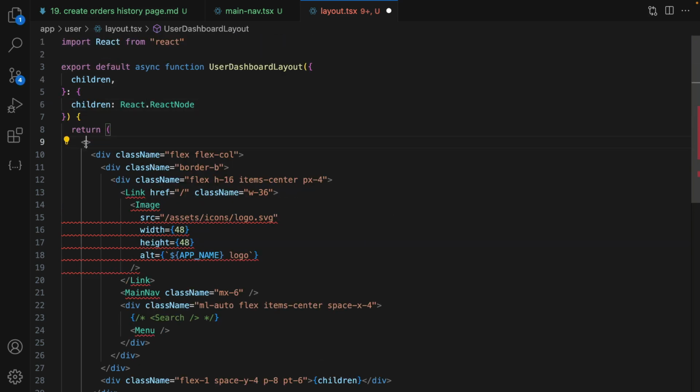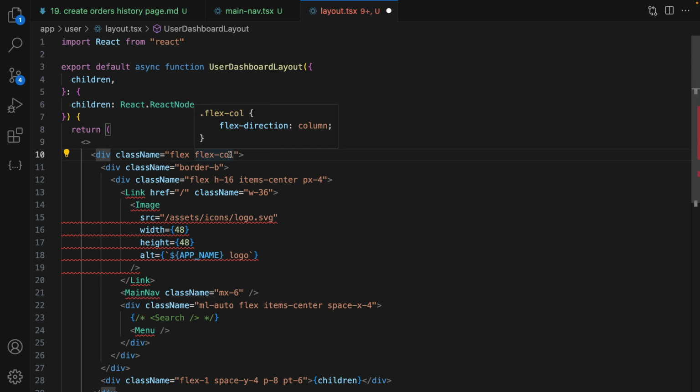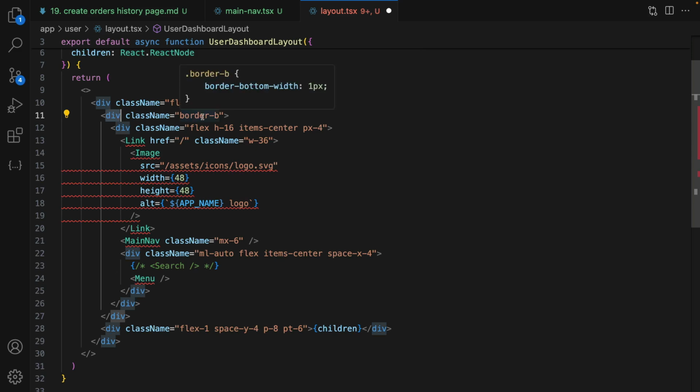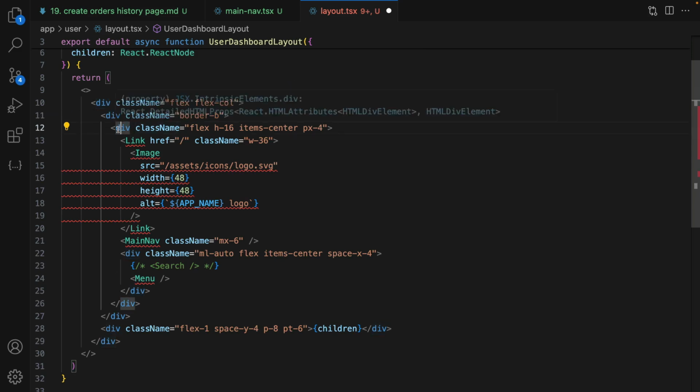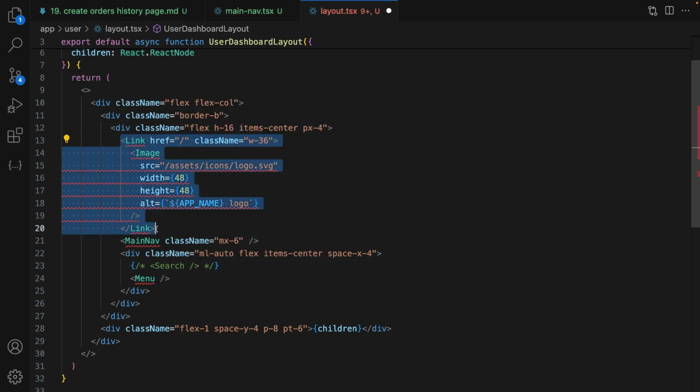In the return part, return empty container, and then inside that create a div, make it flex column, and then create another div. This one is the header, create border bottom, then inside the header create a div, set height to 16 rem, items center, and here I am going to render the logo of the website in a link